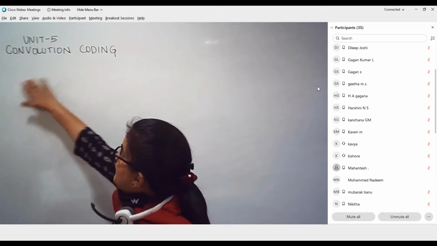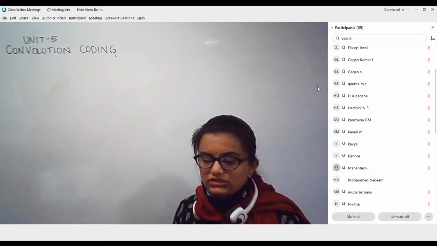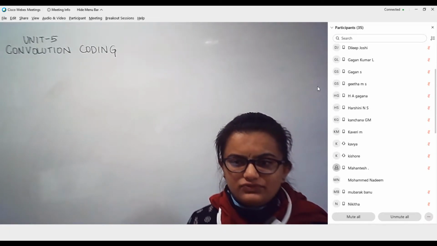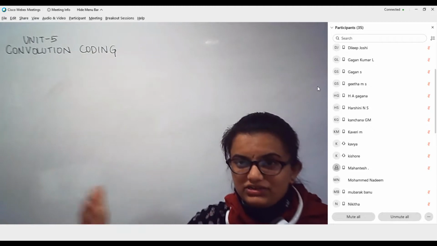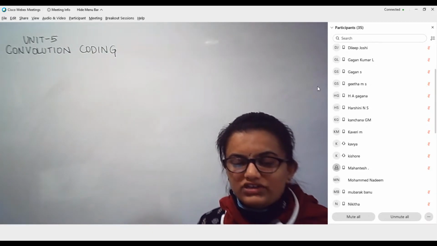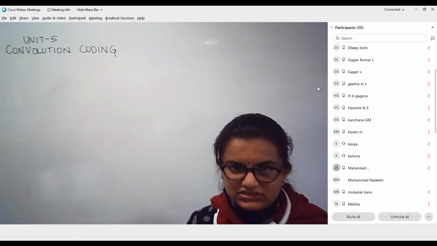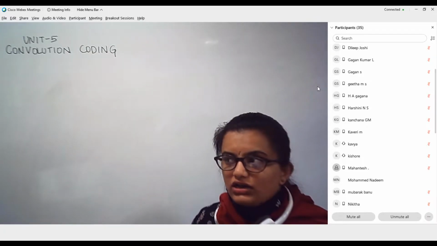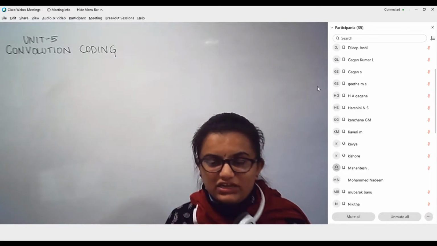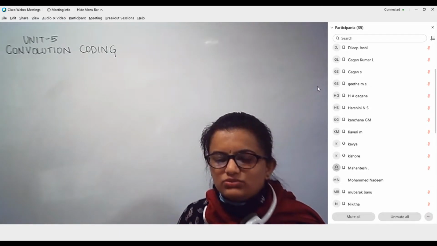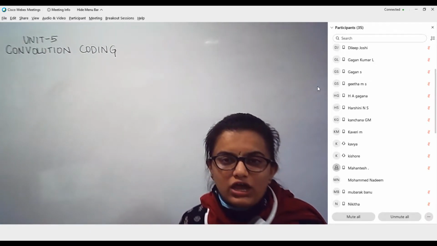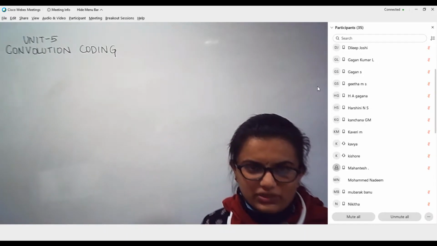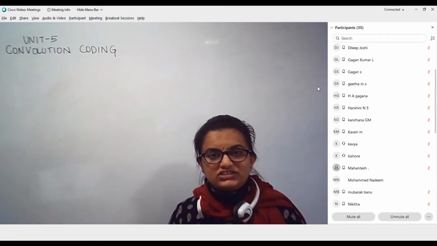So therefore convolution coding in a way will help us in obtaining the encoded information for the same message bit at multiple time slots. So this is going to be helpful. Therefore it makes use of memory elements in order to realize the information. And with two types of error control coding methods, block code is mostly preferred whenever we want to detect an error within the transmitted information. So it is very efficient in detecting the error.